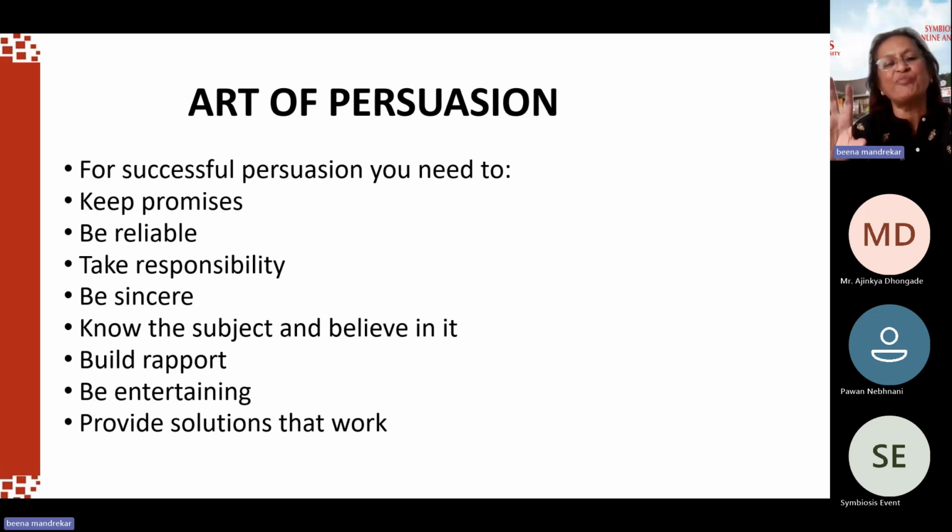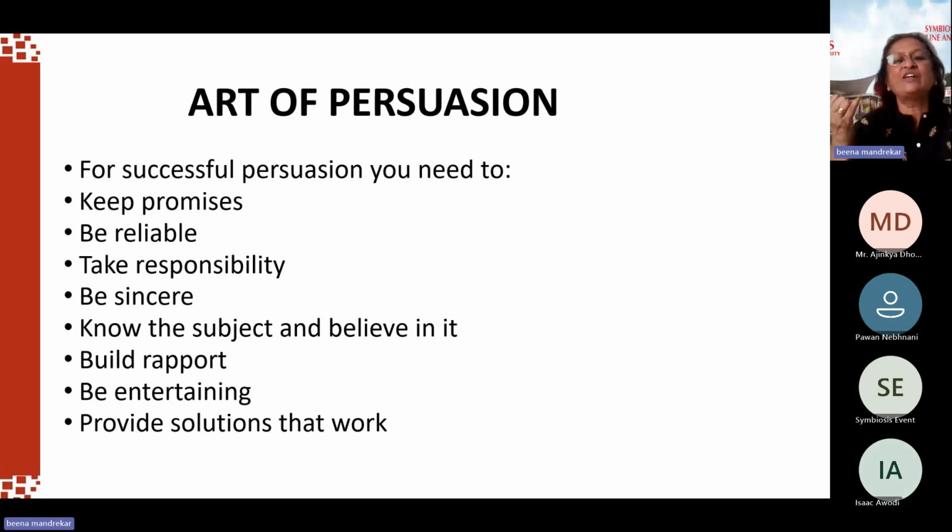So this is the tool of persuasion. 4 parts we just did. To be successfully persuasive, you need to keep promises, be reliable, take responsibility, be sincere, know the subject and believe in it, build rapport, be entertaining, and provide solutions that work. Okay, so this is very, very important that you have to be able to persuade the person to move over to your side of the